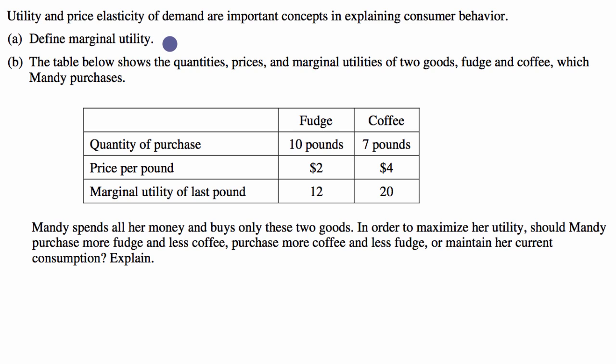How would you define it in your head? Or even better, try to write it down in words, because this is what you would actually have to do on an AP exam. So we've defined it in previous videos in more depth, but if I were taking the exam, I would write something like the incremental benefit or gain or satisfaction from one more unit